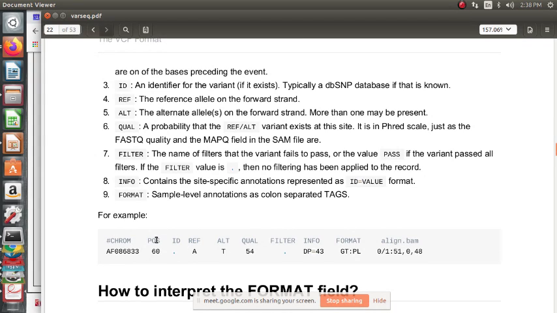Okay, 1 CHROM, 2 POS position, 3 ID, 4 reference allele, 5 alternate allele, 6 quality, the probability that the reference or alternate variant exists at this site, and 7 FILTER, 8 INFO, 9 FORMAT, and the format is basically going to be these last 2 columns. GT:PL. The first, before the colon, is the genotype GT, and PL is this. We will see what GT and PL representations are.